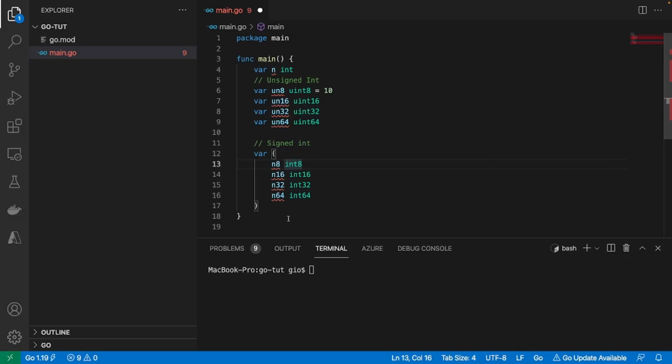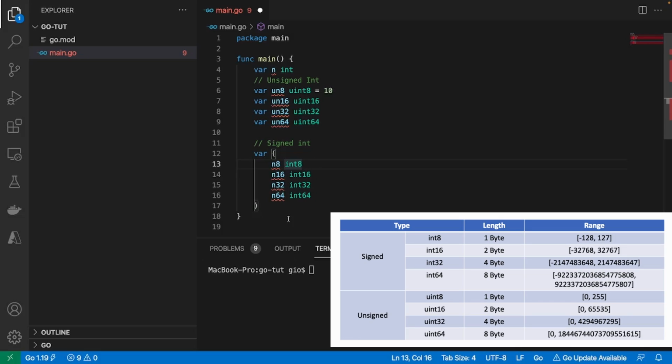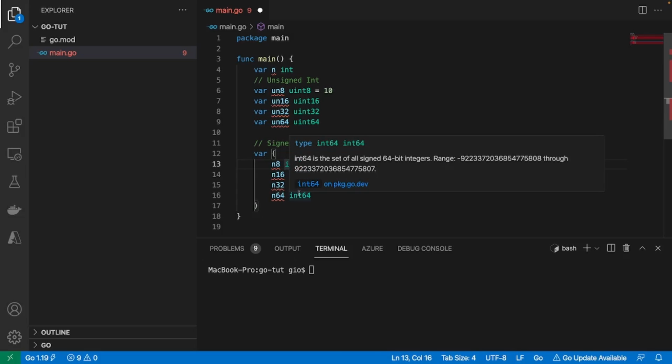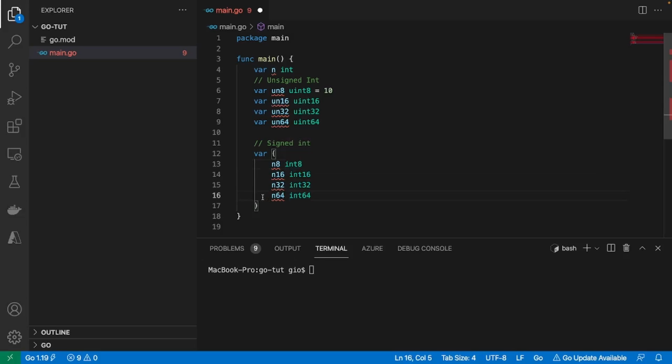And I'm going to leave a little box on the screen to show the threshold of each one. But just know that this N64 holds a very, very big value. If you hover over it, you can see exactly that threshold right here. So you just have to know